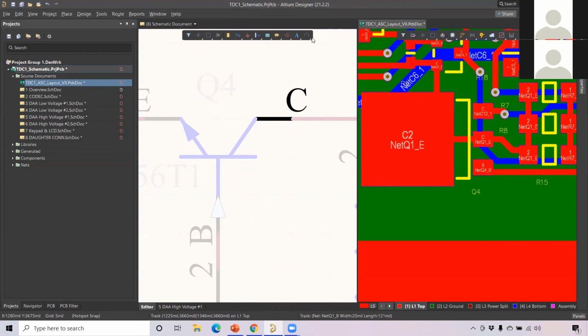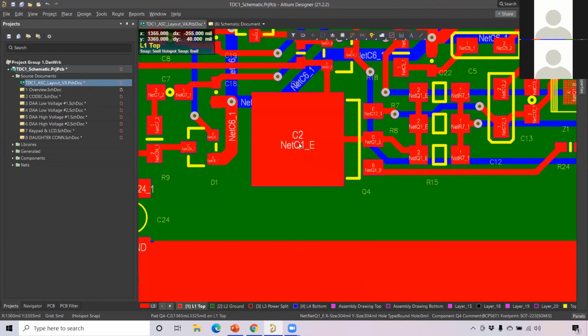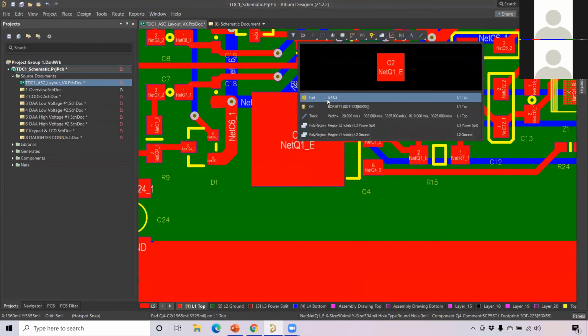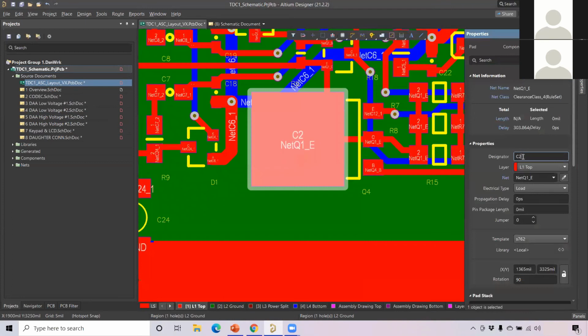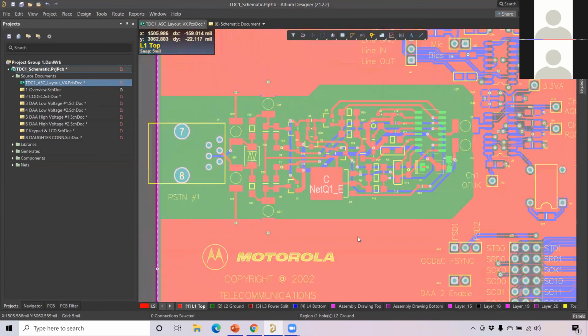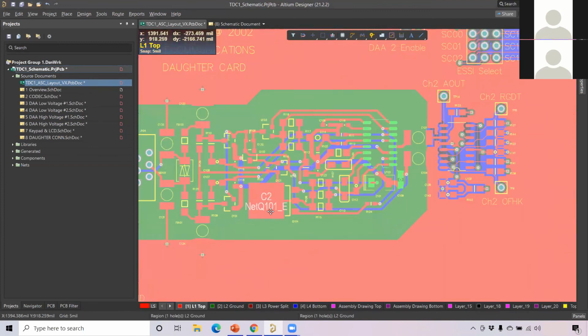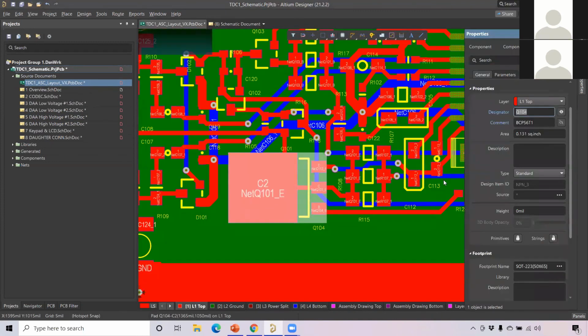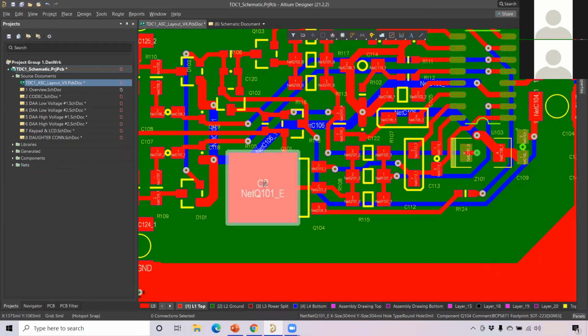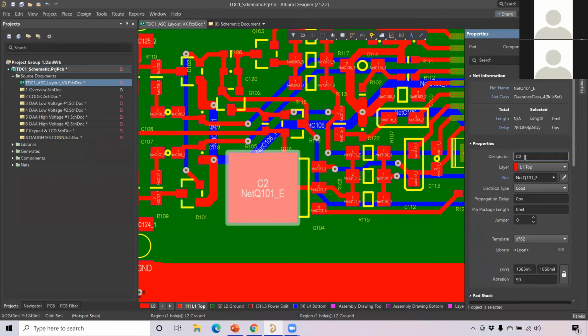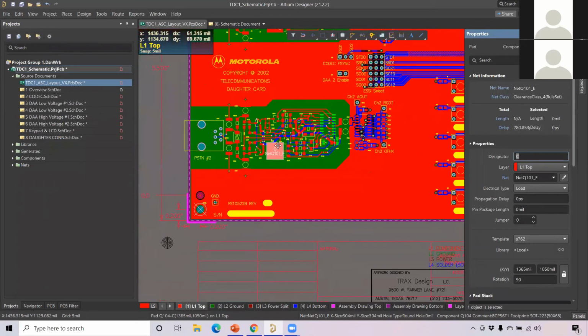So what I do is I just merge it first and then double click on this pad. Let me change this C2 to C. The same thing I follow for the below also, because this is another one I have an issue with. Let me select this and then change this C2 to C. Enter. Once it is done, now I have changed it.